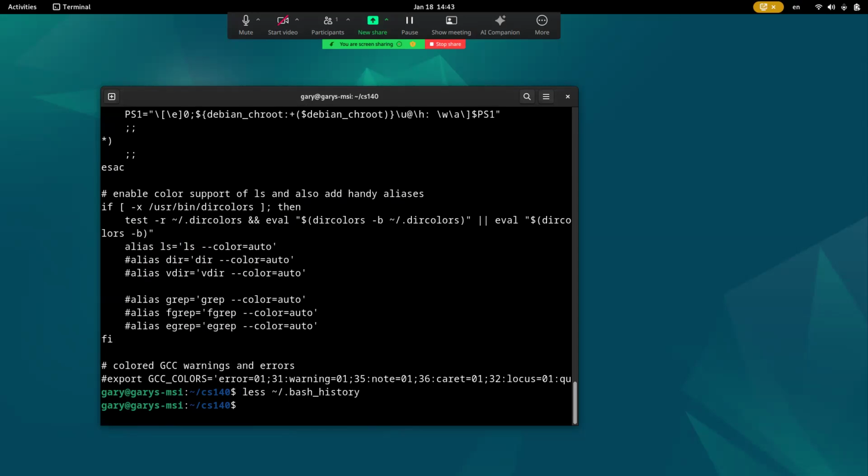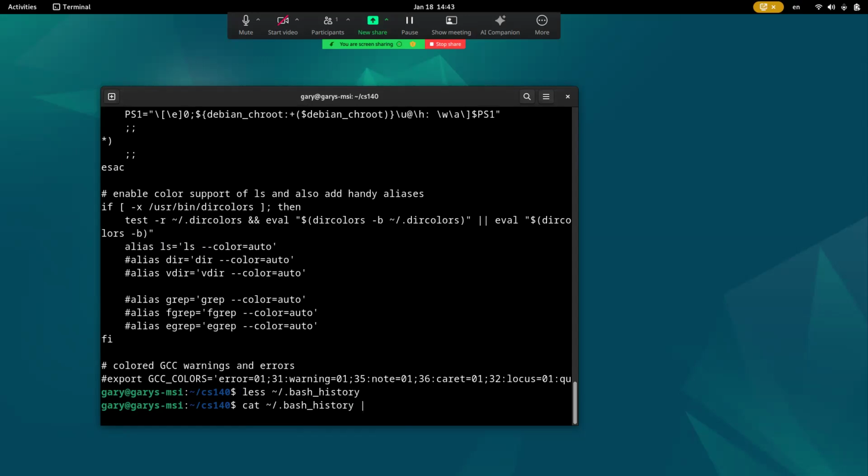grep, a lot of times in a file, again, I search that file with less. You can use grep to search a file. So I could do something like, let's do cat on that bash history file, ~/.bash_history. And another way I could search my history is using the pipe, which is the vertical bar, and